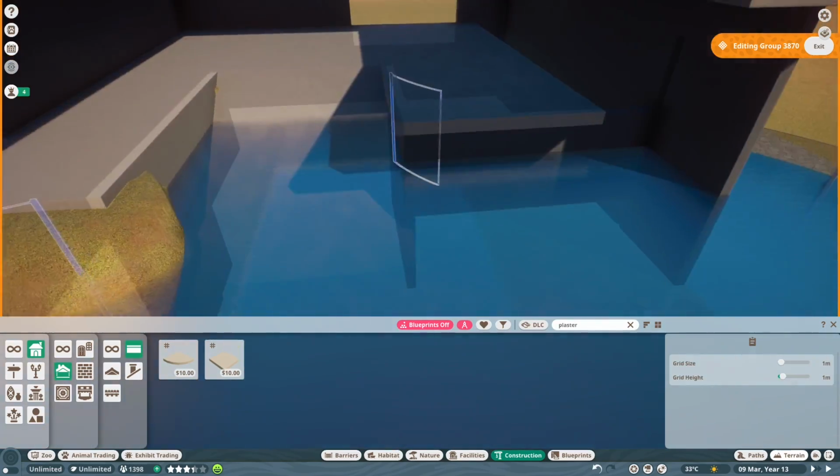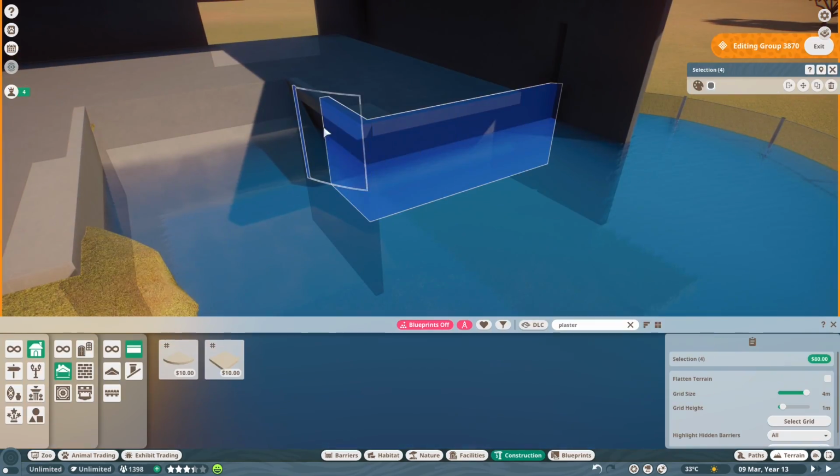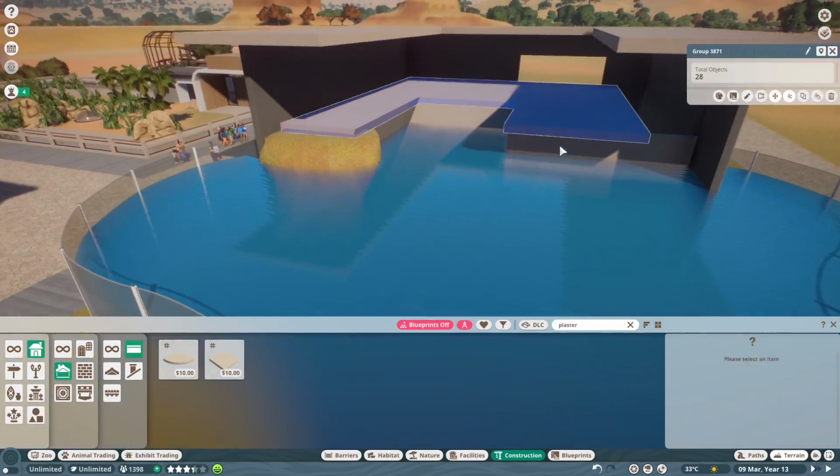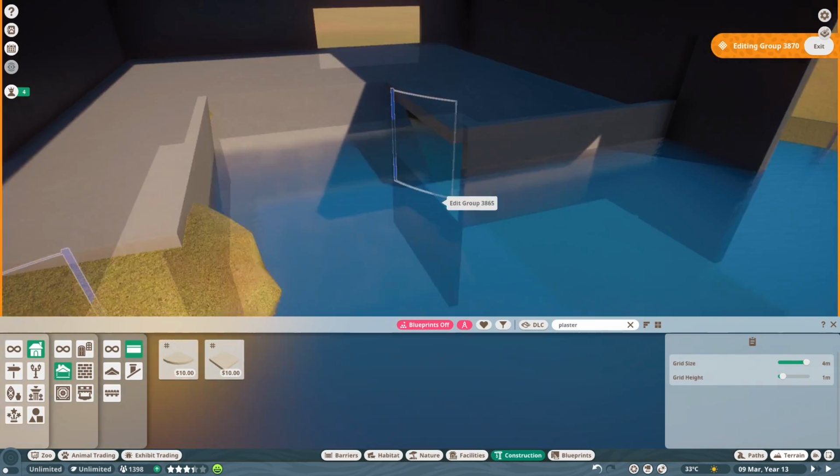Right, we just need to box off this indoor area here. This is going to be the access, and it's going to separate the backstage area from the front stage area and the guest viewing area. And ignore that gap,